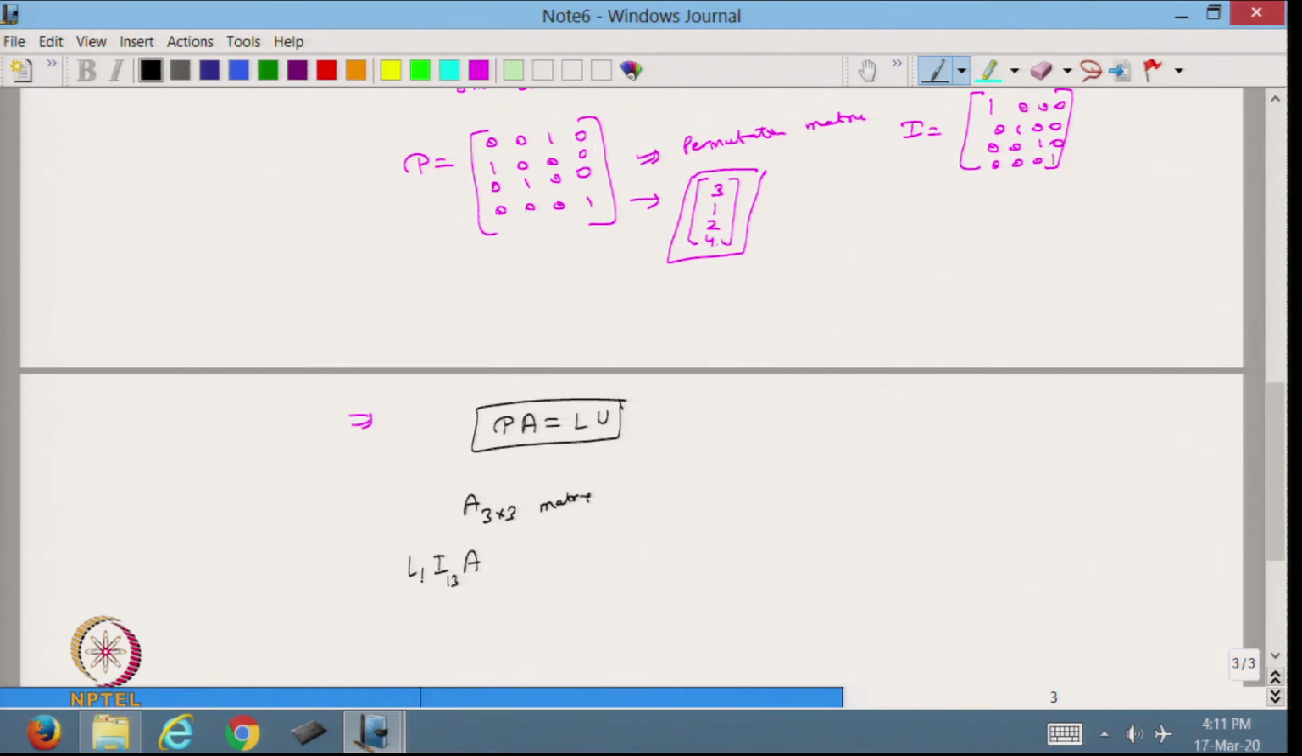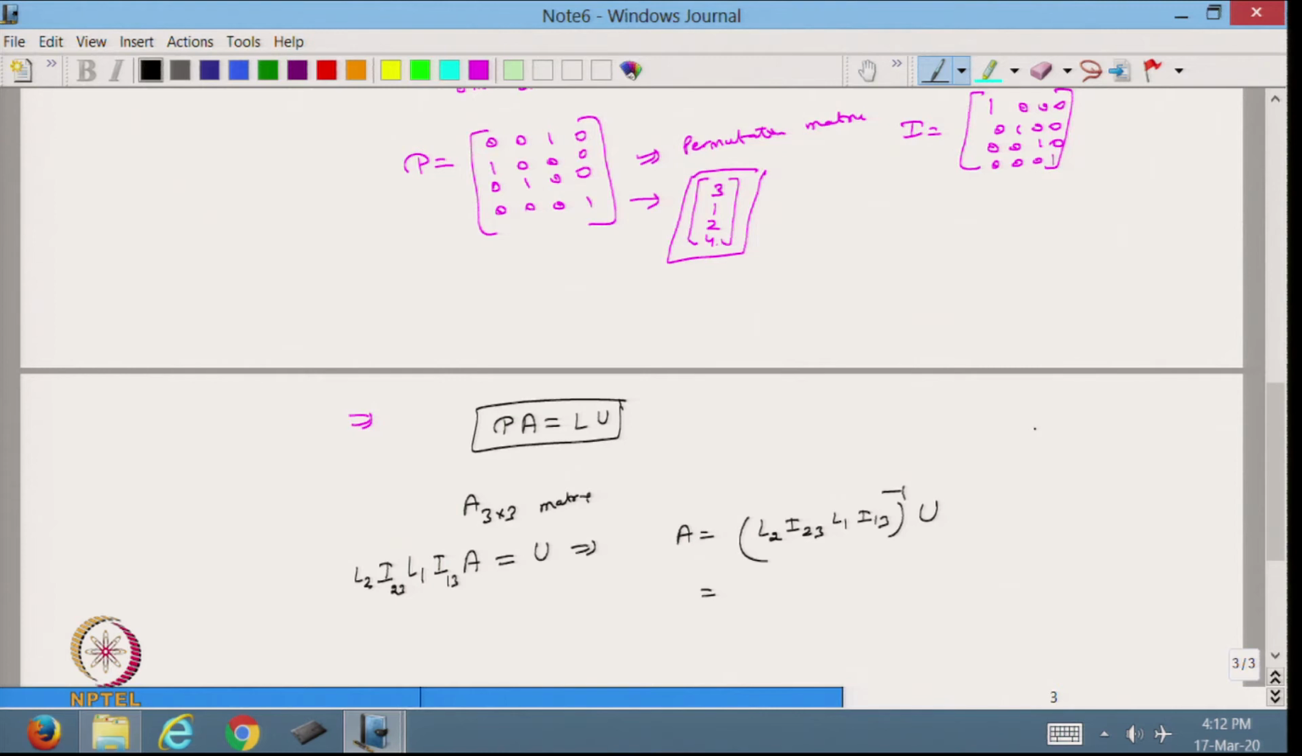Then I am applying L1. Then suppose I am doing L2, maybe, so I can take, suppose, 2 3, then I am taking L2. So, this is my L2, and then after that I am getting my U. So, from here I can say that my A will be what? L2 I23 L1 I13 inverse U. So, that is my A,